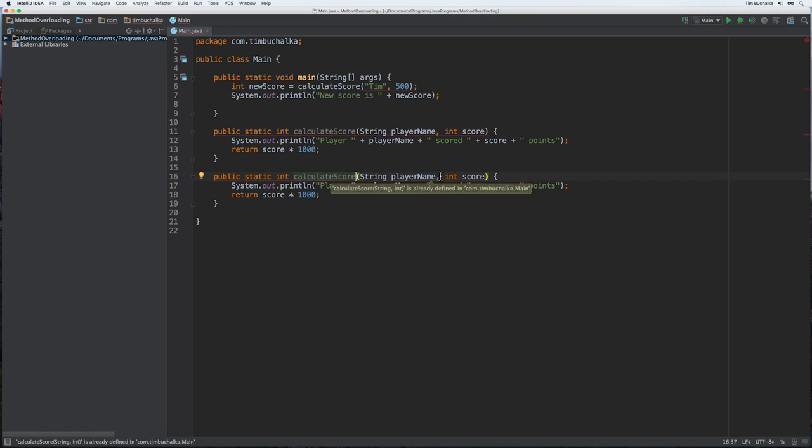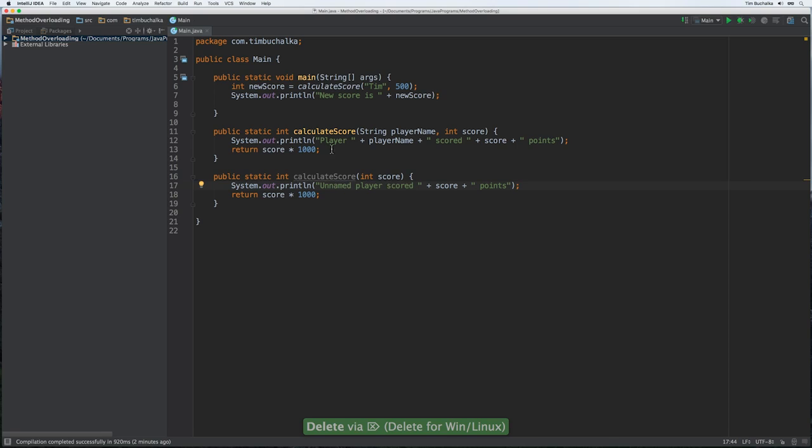So the way we do it is we change the number of parameters. I can get rid of the first parameter and make it so that this method now has only one parameter, which is the score. Notice that the overall error went away, but we've got an error here now on line 17 because we're trying to access a variable with a parameter that no longer exists in this particular method. So I'm going to put unnamed player, and actually what we'll do is we'll put scored